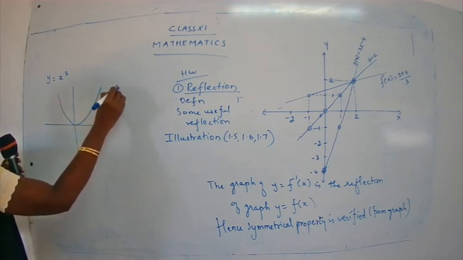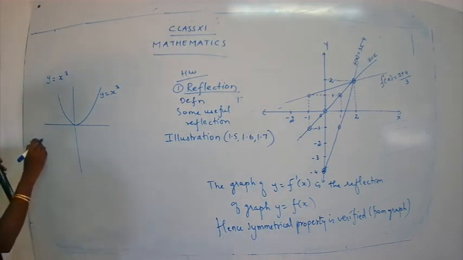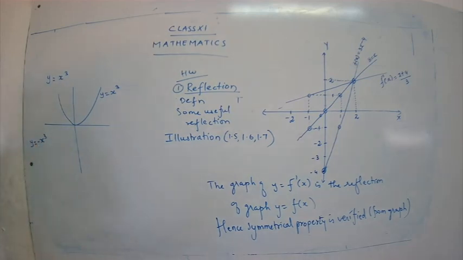This is a graph of y is equal to x cube. Now what is the next thing they are asking you? They have given you a graph of y is equal to x cube and they are asking you to plot a graph of y is equal to minus x cube. So you are not going to draw a table, you are not going to plot points and get a graph. You are just going to take the graph as a reference graph and make a new graph.